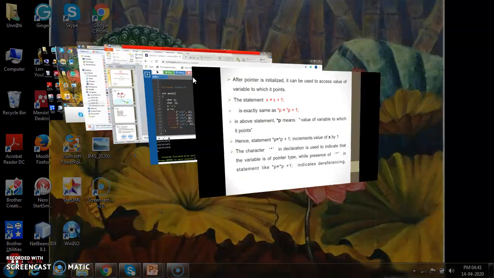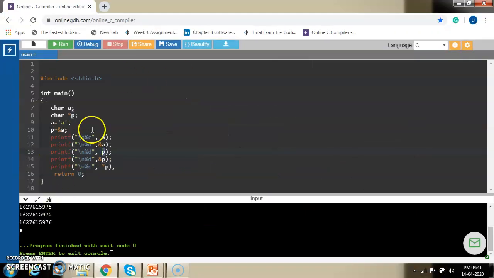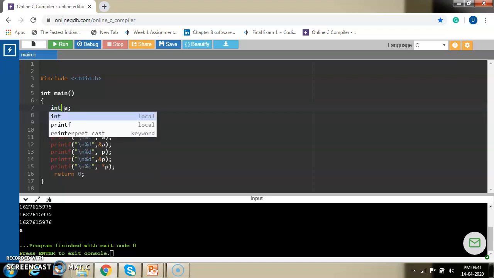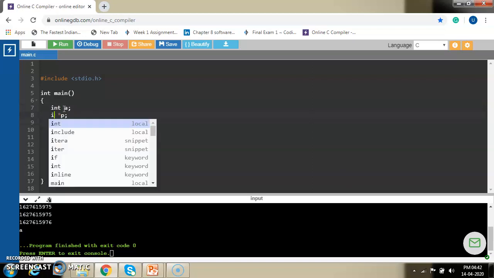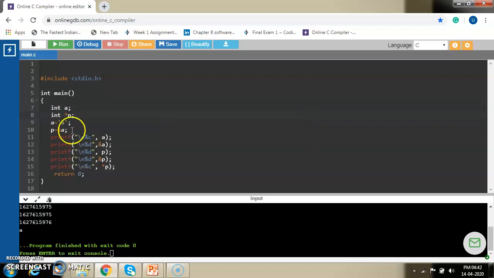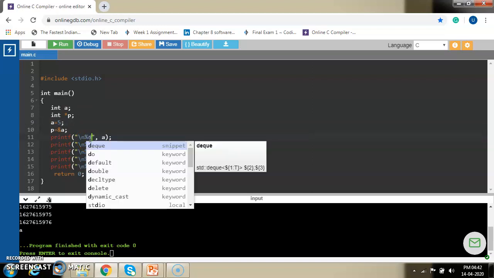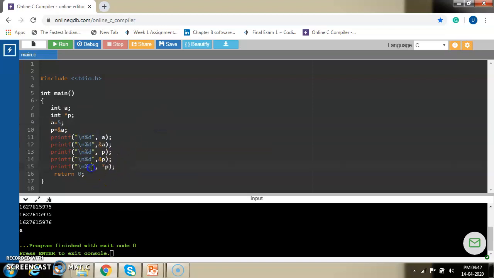Let us do that in code. Back to the integer, I have to change this pointer to integer. We'll provide a value over here, say 5, and here I have to write %d because it is an integer. The same way I have to write %d over here.